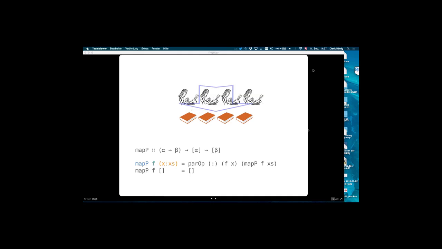And this parallel map does exactly the same as the map before, because remember, the colon was between this f x and this map f of xs. So maybe I can go back, or you believe me. It's the same, except that we wrote the list constructor in front, in parentheses, and use a strategy, parallel in this case. So we could exchange this with the identity function, and it would behave exactly like the normal map.